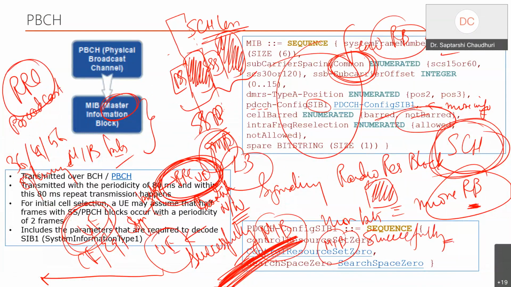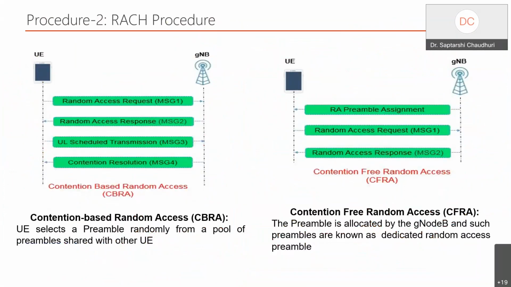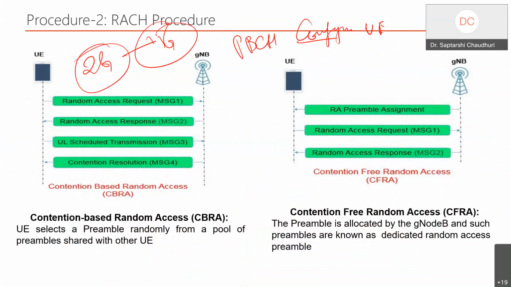And this is the part the mobile is waiting for. And the moment he gets there, he's not stopping, by the way, because he starts the next important aspect. Why? Because now he knows the configurations from the downlink. The PBCH configures the UE. Now he starts the biggest operation in the world, there from the 2G domain till 5G. Nothing changed except the preamble part of it: the random access mechanism.